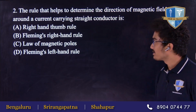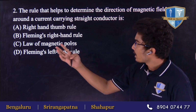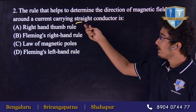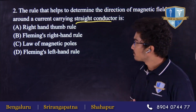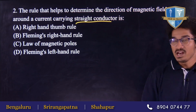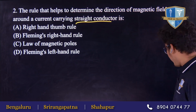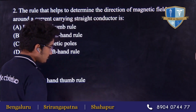So next question is: the rule that helps us to determine the direction of a magnetic field around a current carrying straight conductor. Our options are right hand thumb rule, Fleming's right hand rule, law of magnetic pole, and Fleming's left hand rule. So the correct answer is right hand thumb rule. Why? So see,